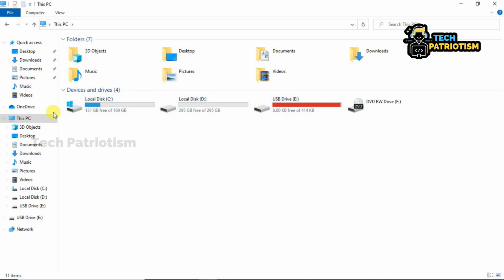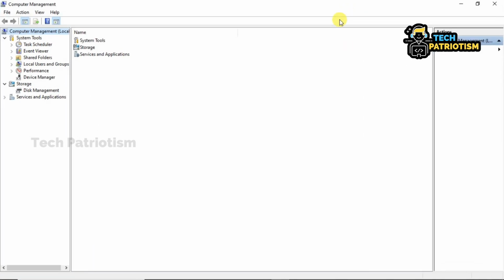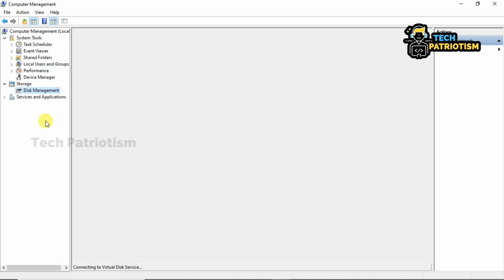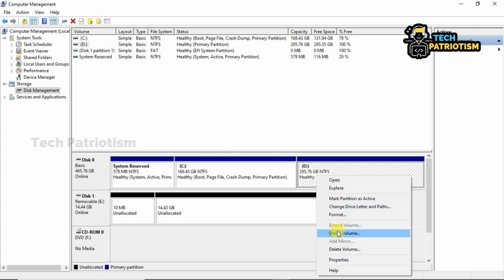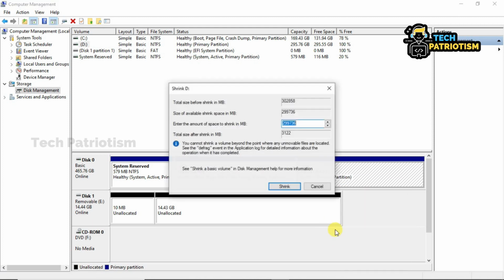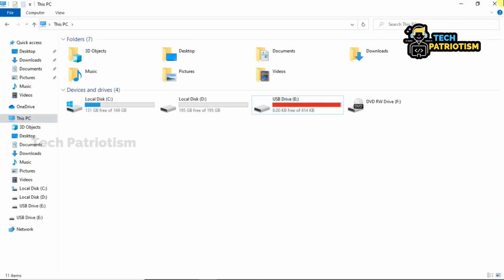Then right click on This PC and choose Manage. A Computer Management dialog box will open, and click on Disk Management. You have to partition some space for Kali Linux. So choose any one of the partitions, right click on it and shrink that volume. I allocated 100 GB, so I enter the amount of space in MB. Then shrink that volume and make the volume unallocated. It is important. Then close the dialog box. The two most essential things are that the USB pen drive is bootable and that there is allocated space.